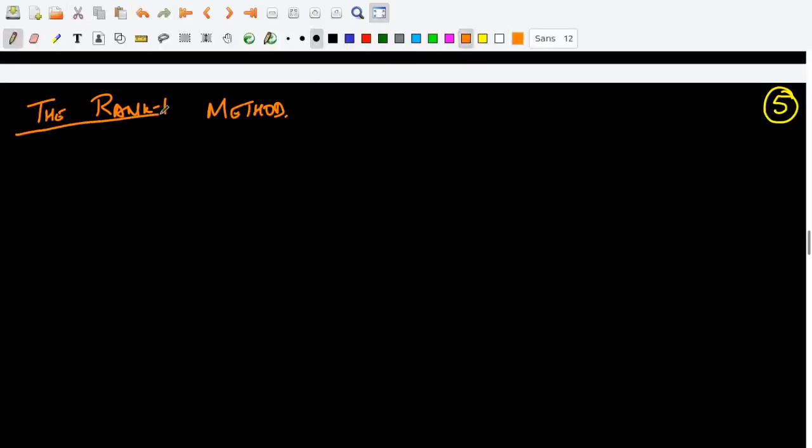This is not the actual name of the method, but Fletcher calls it the rank 1 method, and it was